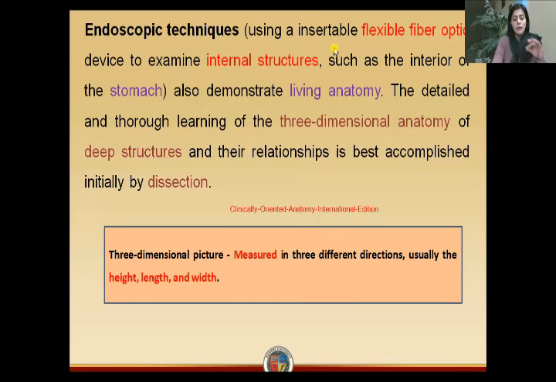No doubt dissection itself has its own importance because this is a skill, but now we have the latest techniques as well to get three-dimensional structures, in which we have x, y and z axes. If I turn any structure to an inclined position, it means I'm trying to get a three-dimensional structure, while in the case of two-dimensional structures I have only two dimensions, dimension x and dimension y.